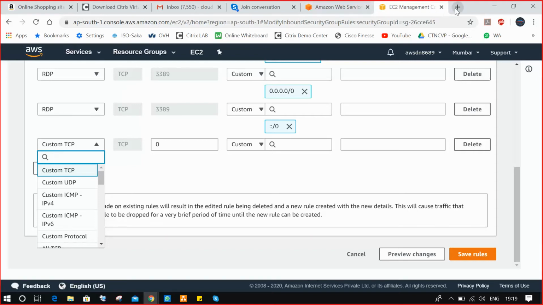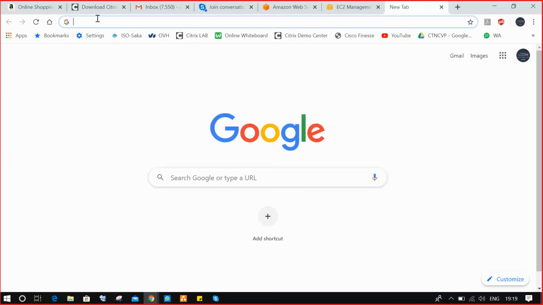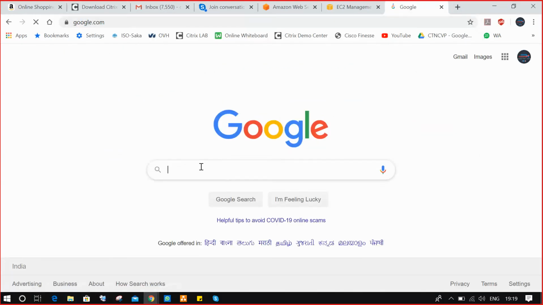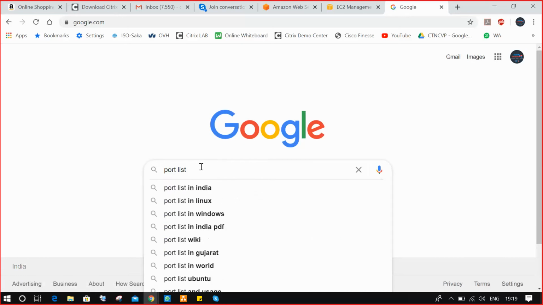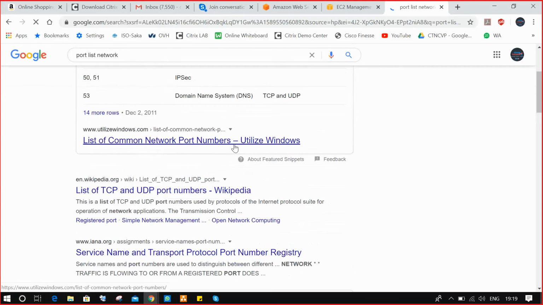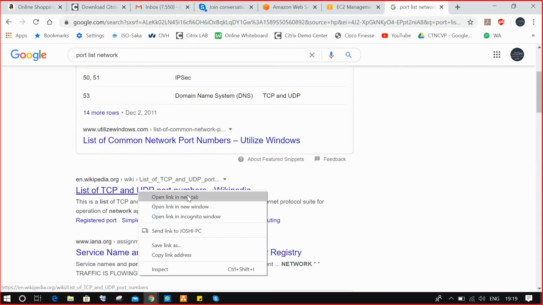For example, go to Google, search for port list in network, and click on that. You can check this list.